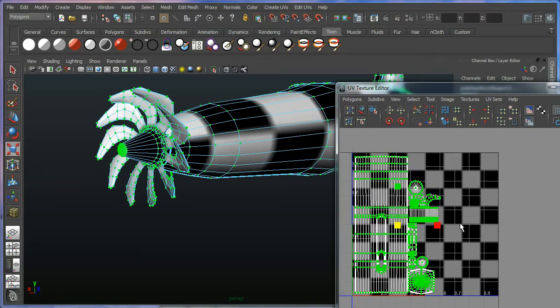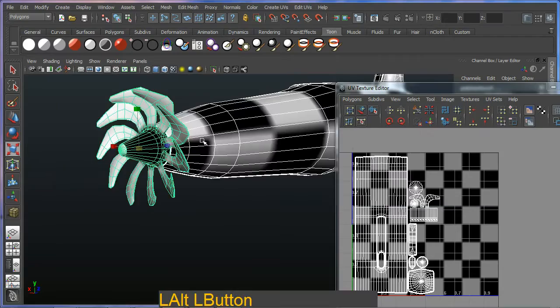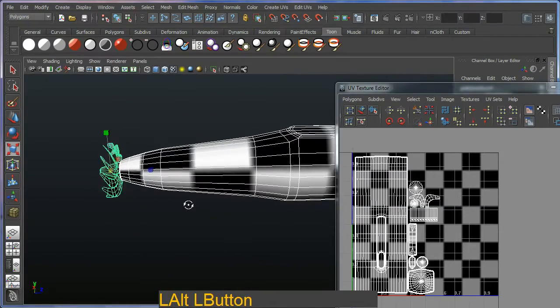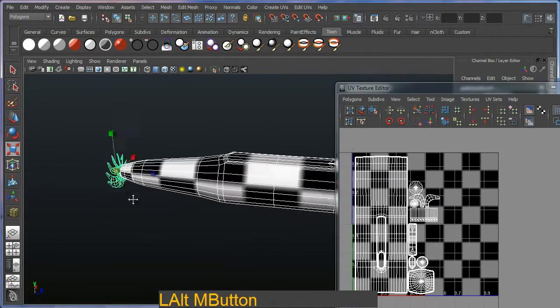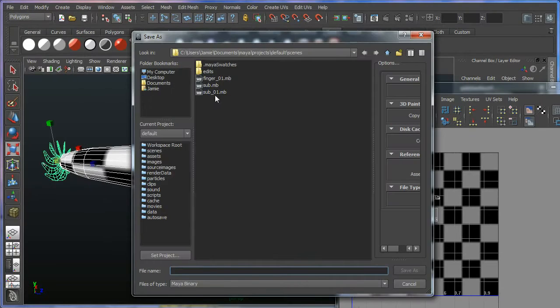But this other area could be used for other parts of the boat which weren't included in the model, but this should be okay. So I'm going to press F8 on the keyboard, and that's pretty much the UVs done. So I'm going to file and save this as something else, sub UV'd,